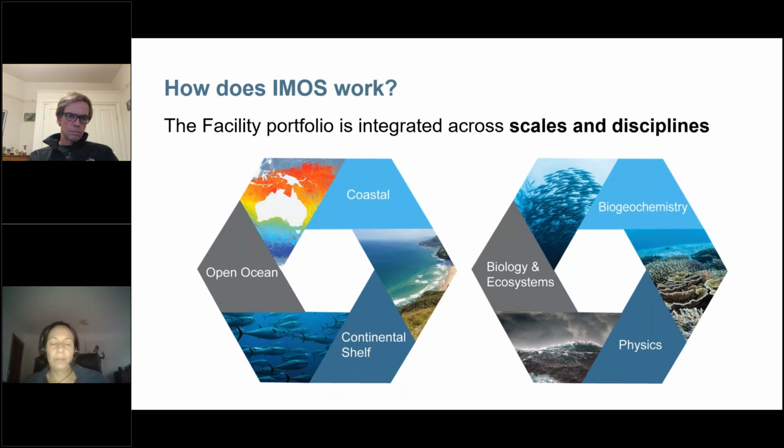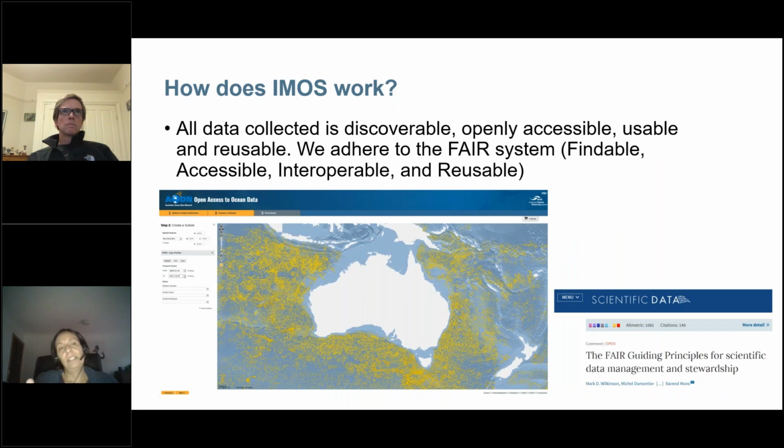But we also observe from physics to biology. So we have observations from waves, wind, temperature, surface and subsurface currents, to nutrients, particles, as well as microbes, fish, marine mammals. So it's basically trying to integrate across the different disciplines and across different observations. So all that, obviously, as I mentioned before, ends up in the Australian Ocean Data Network,